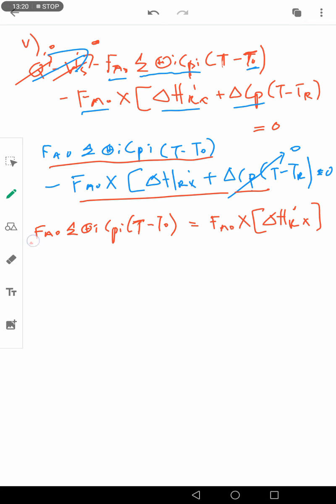In which you can cancel out this FA0 sebab dia ada dua side. So yang tinggal akan jadi